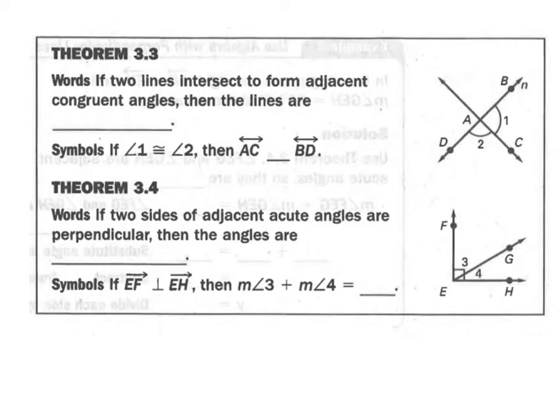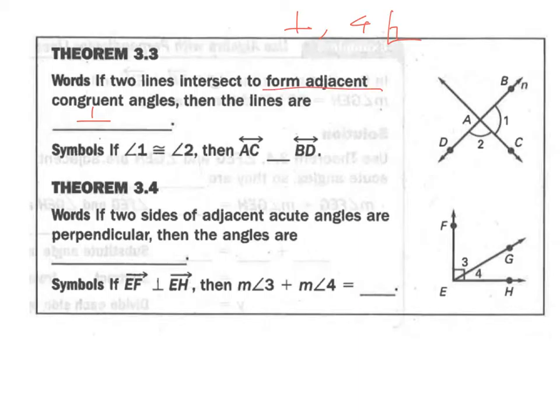Here are another two theorems. The one on top, 3.3, says, if two lines intersect to form adjacent congruent angles, then the lines are perpendicular. Notice that this 3.3 is just the opposite of 3.1. In 3.1, we said if the lines are perpendicular, then I have 4 right angles, right? 4 90-degree angles. And then this one is saying that if the two lines intersect to form